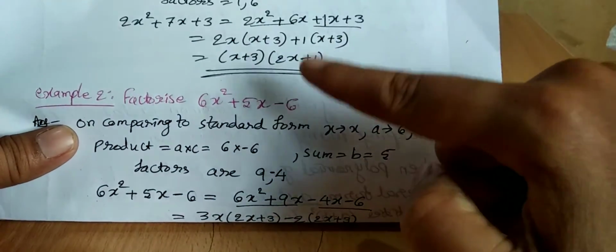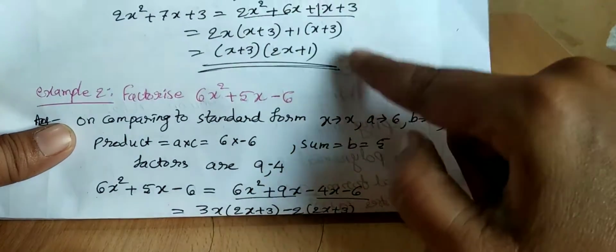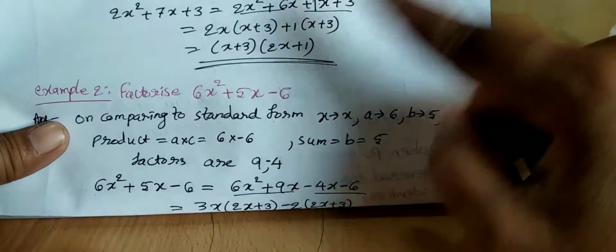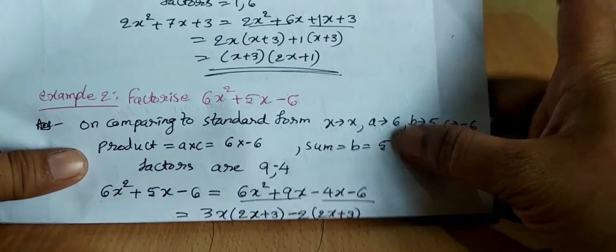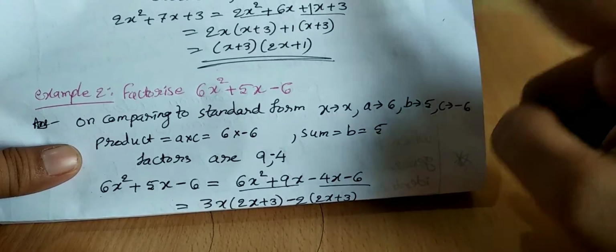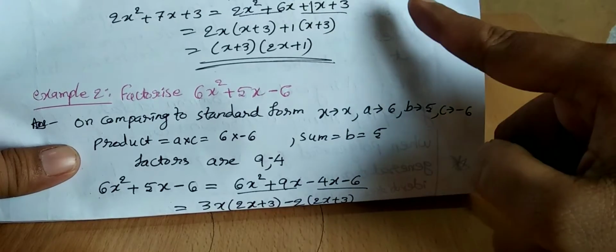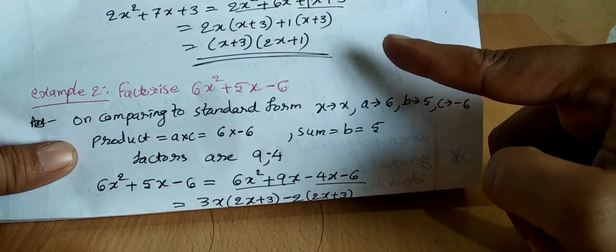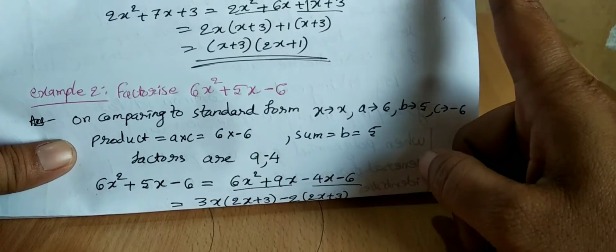Here product is negative, sum is positive. It means that bigger factor is positive, smaller factor is negative. I have to search for the difference of factors which will give 5 as sum, product as 36. Go on searching. We can't take 12 threes because it will give us 15 as the sum. Or if difference is considered, 12 threes, no, it will give 9 as the difference. I should get 5 as the difference and